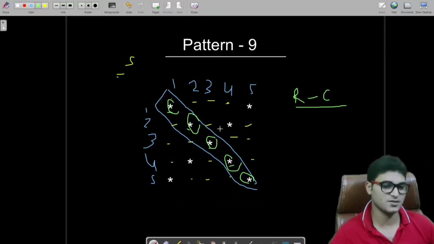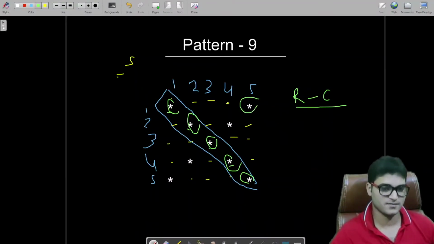Now we need to think about this. Fine. So if you look at here, this is in the first row and fifth column, and this one is in the second row and fourth column, and this is in the third row and third column, because it is in the center also. So this will cover both the diagonals. So look at, this is for fourth row but second column, this is for fifth row and first column. So if you can imagine a pattern here, what is that pattern actually?